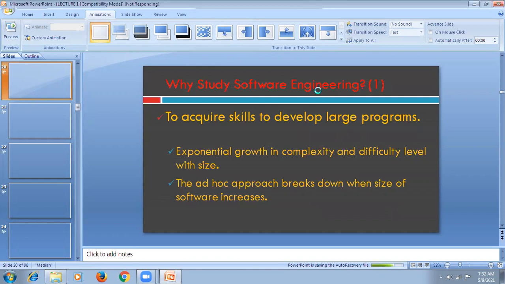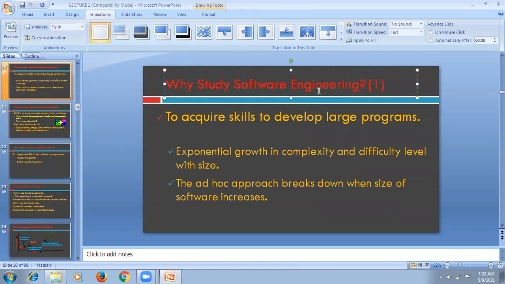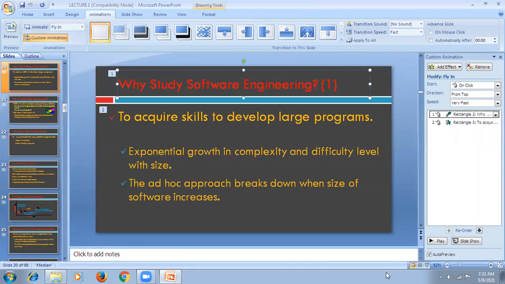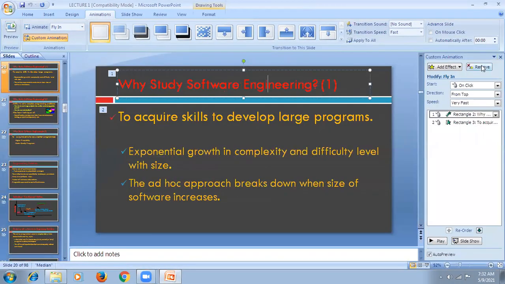Wait a minute. Okay, fine. I will remove the animations so that.